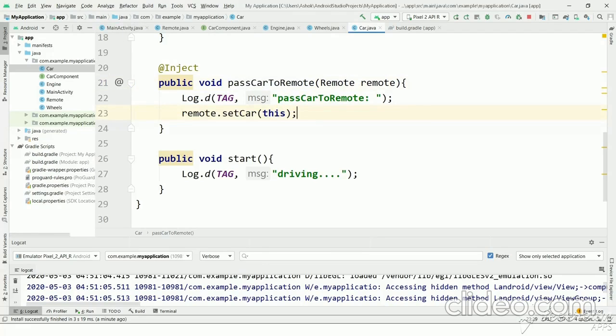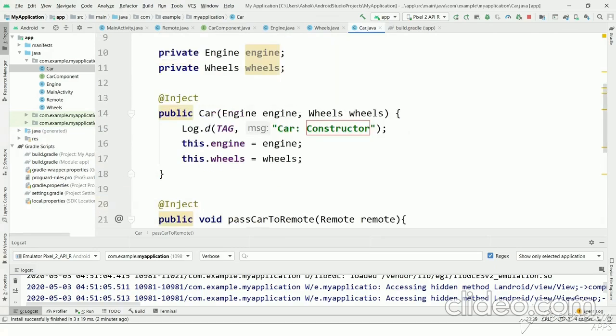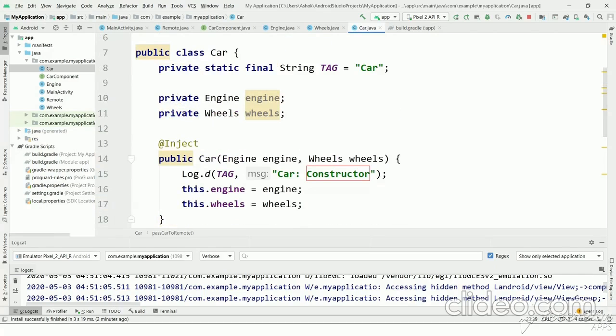So as a result, we have not called this method manually. The Dagger will identify the methods with inject annotation, and it will automatically call this method by creating the parameters and execute the implementation. So this is the way of method injection in Dagger.